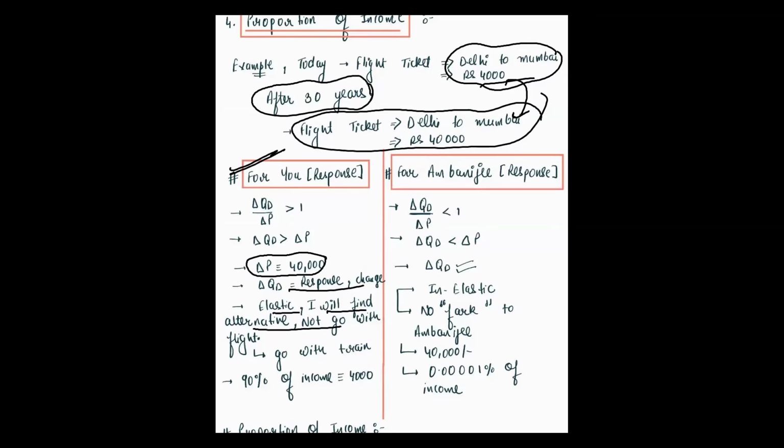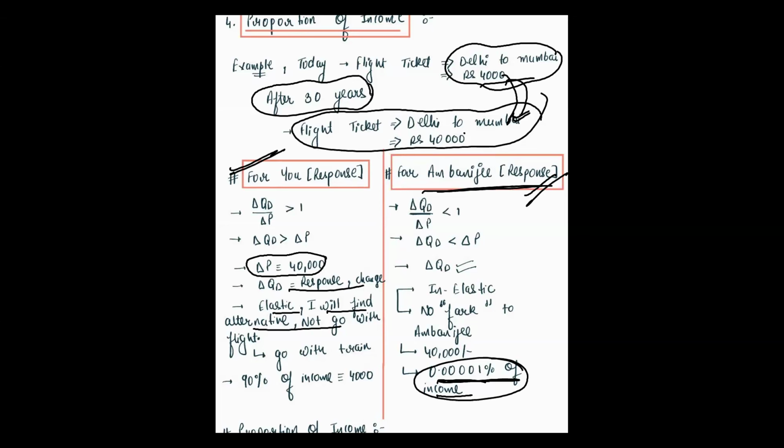But what about the case of Ambani ji? अंबानी जी के इनकम का ये 4 से 4,000, अगर उनकी कोई कॉमन चीज है, कोई इंपॉर्टेंट मीटिंग है, भले प्राइस कितनी भी बढ़ जाए, उनकी इनकम की इतनी परसेंट भी नहीं होगी. For them, because of the proportion of income, this change in the price level of flight is inelastic. He will not search for the alternate option, he will simply book the ticket and go. So basically for Ambani ji, the response to the change in price is not that much. He will still go by flight.